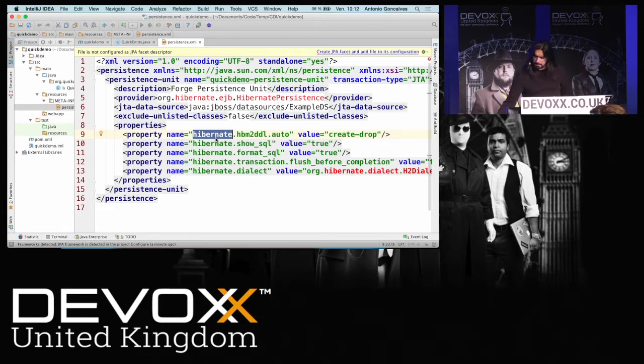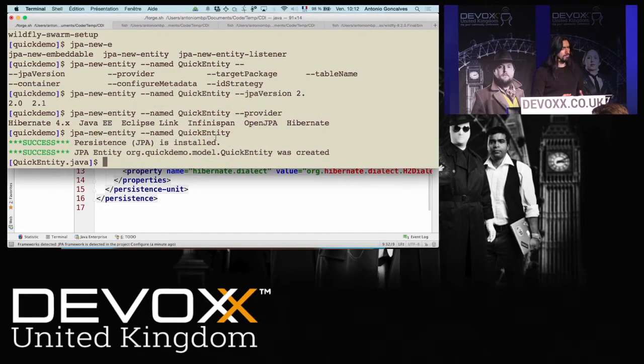Okay, so an entity, I can have attributes and map them to the database. I know there's a command called JPA new field. Again, I'm giving a name to the field, so that's quick string. And I can map it to the column name called quick.